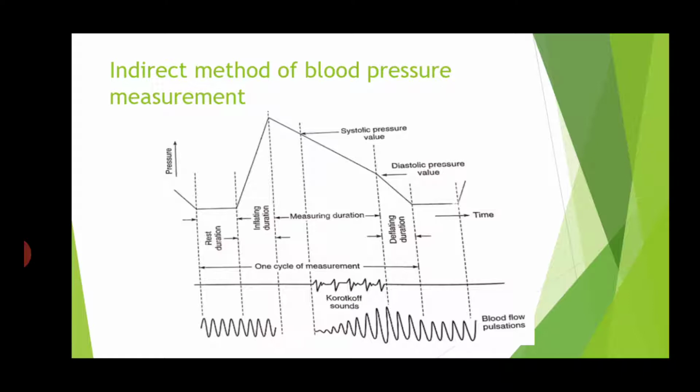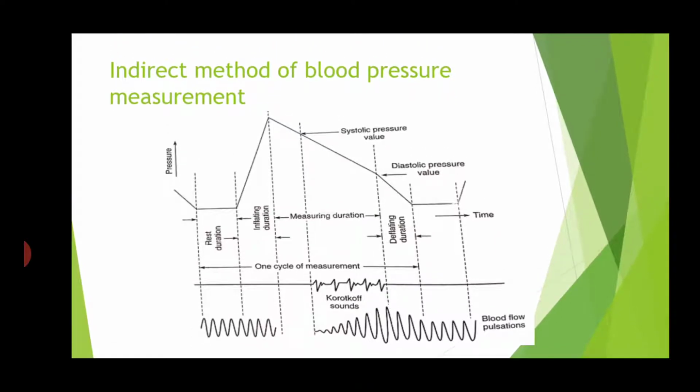Whenever the pressure reaches above the systolic pressure, at that time you should show the blood flow is totally stopped. Okay. Whenever the pressure comes to the systolic pressure, from that point you should show the blood flow slowly going on increasing up to the diastolic pressure. Once you reach the diastolic pressure, then the blood flow is normal. That one you have to show in the waveform of the blood flow.